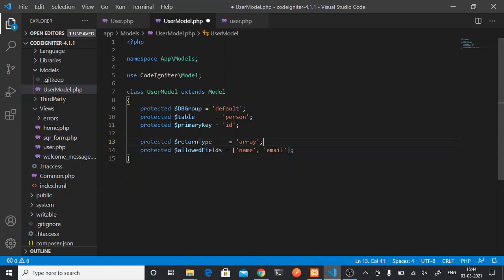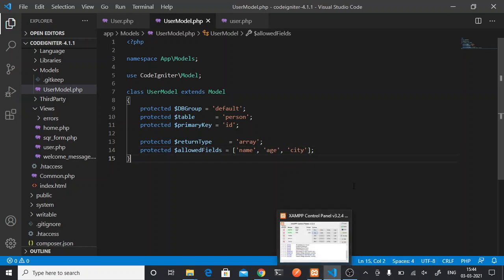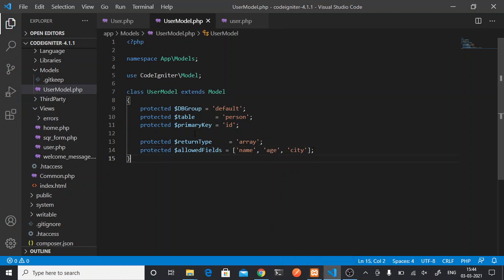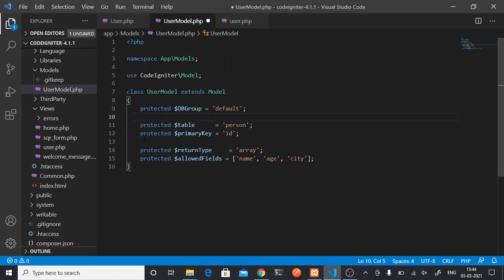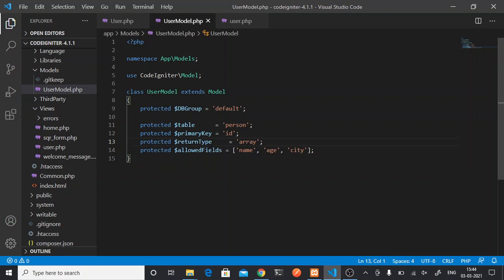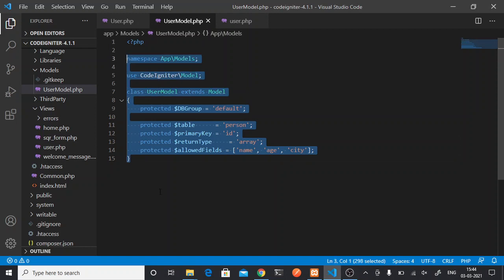So our allowed fields are name, age and city. This is the information that we need to provide in our model in order to make the connection and get the data. So that's it. Your model is ready.